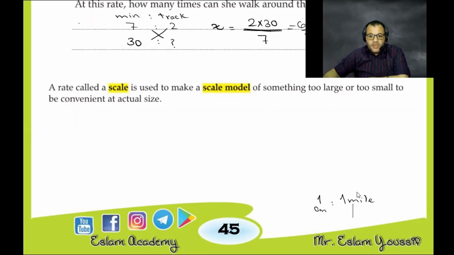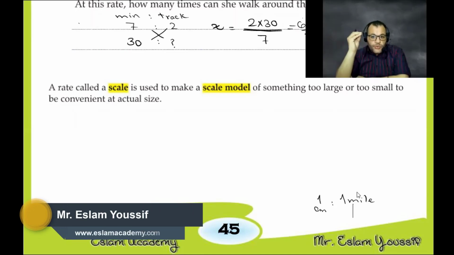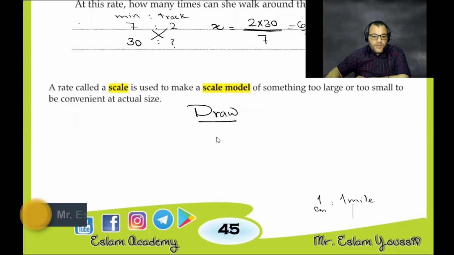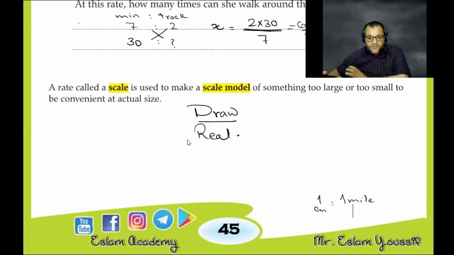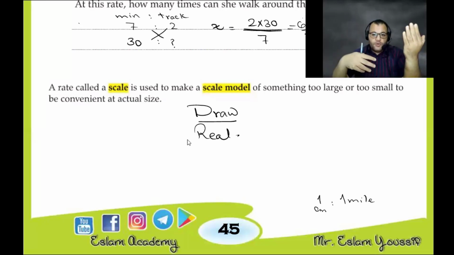So what is the meaning of the scale model? The scale model is the ratio between the length in the drawing to the length in real. Do you understand the difference between them? If you look at your picture and yourself, you will find that there is a big gap between them. So there is a ratio between them. You are similar, but not the same size, a different size. That's defined by the scale model.